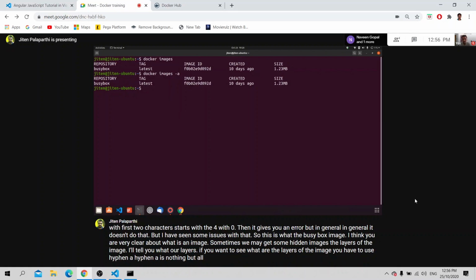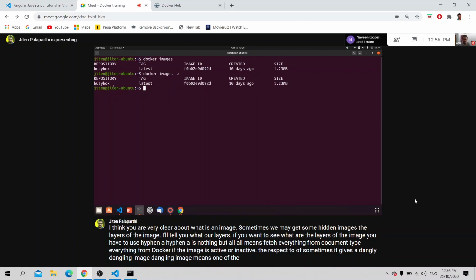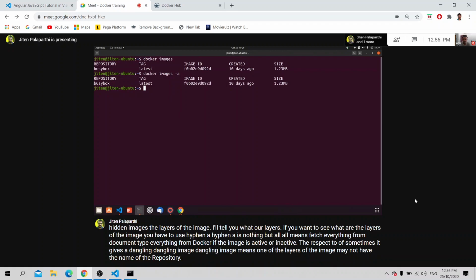All means fetch everything from Docker, whether the image is active or inactive. Sometimes there is a dangling image. A dangling image means one of the layers of the image may not have the name of the repository, so it is called a dangling image. It gives it as none.